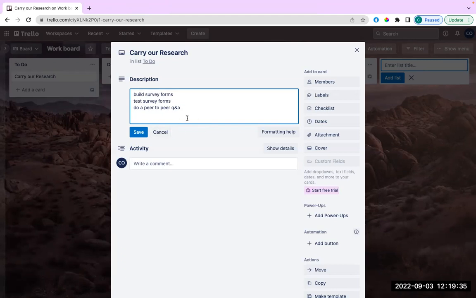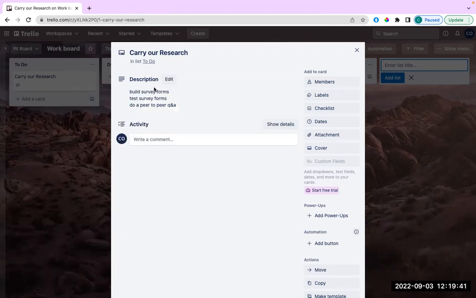Even if you don't save, it saves automatically. But I usually like to click save, and it's there. You can see it already showed that something is under it; this text icon here shows that something is under it now. Now, if you look at the add to card section,